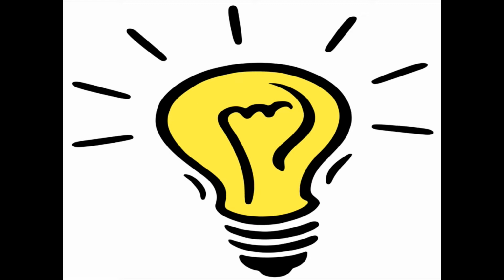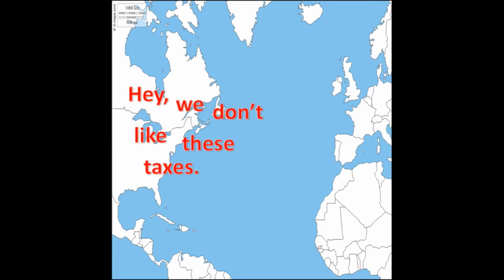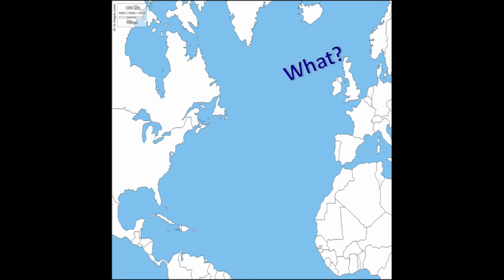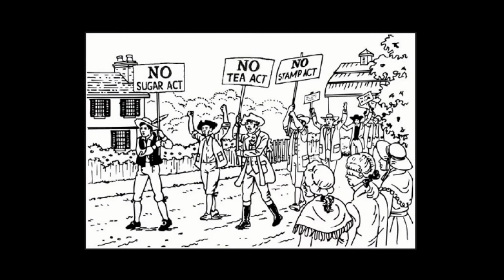An important concept to the colonists was the idea of representation in the British Parliament. They felt it was unfair that they had no voice or input regarding the heavy taxes and regulations put upon them. Taxation without representation became a slogan for the colonists. In response to all the taxes, the colonists began to rebel. They refused to pay taxes and even wrote letters of protest to Parliament.